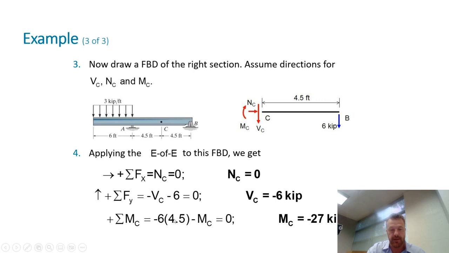Perpendicular distance is 4.5 feet. So this first term is just showing you how the reaction at B induces a bending moment about point C. And by our sign convention of using counterclockwise positive, the internal bending moment that is opposing that will be minus MC. If I solve, I will find that MC is actually minus 27 kip times